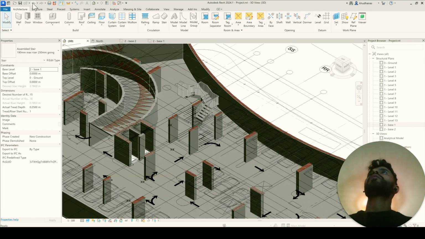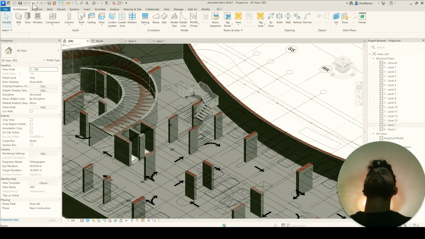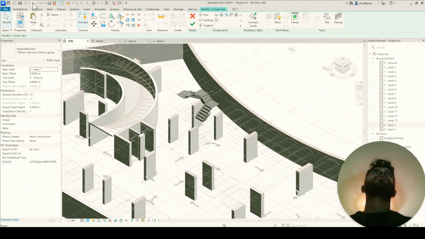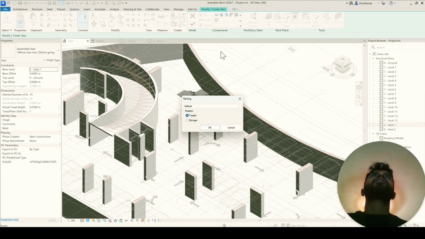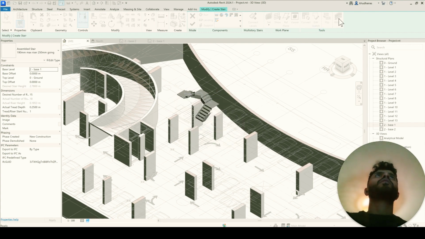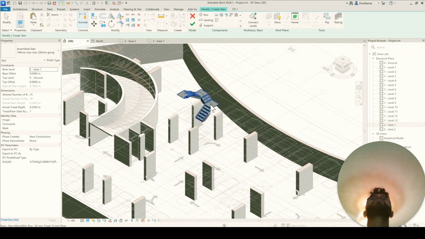One more, but the railing is not there. So for the railing, I think you need to press railing. Then after that, you need to make the default not none, just select none. Yep.